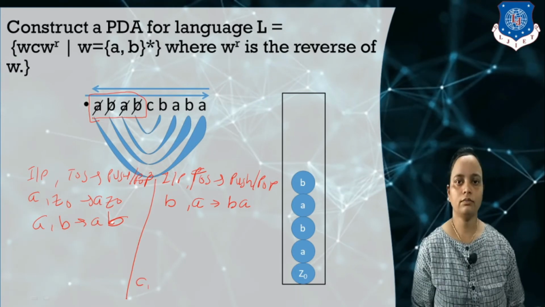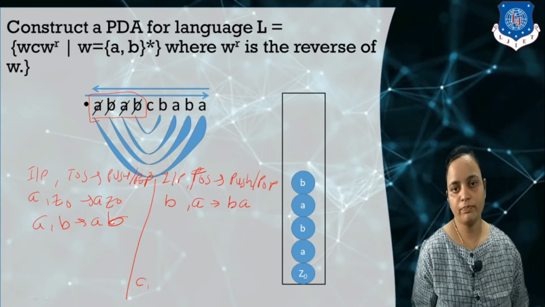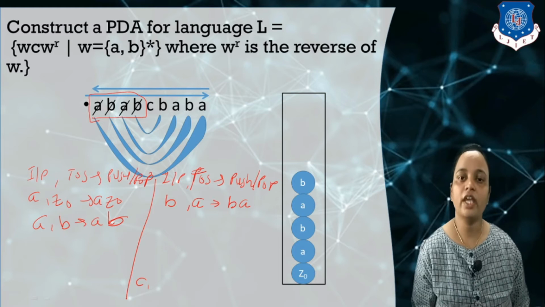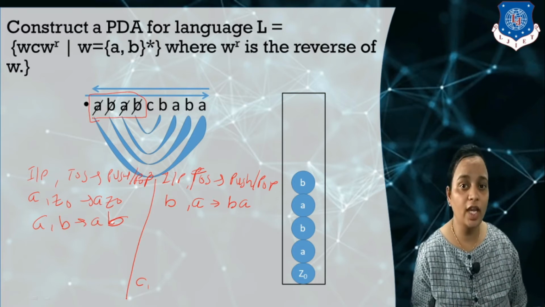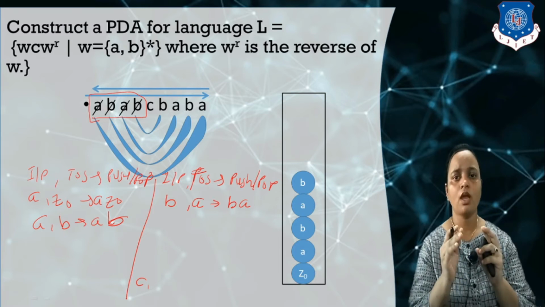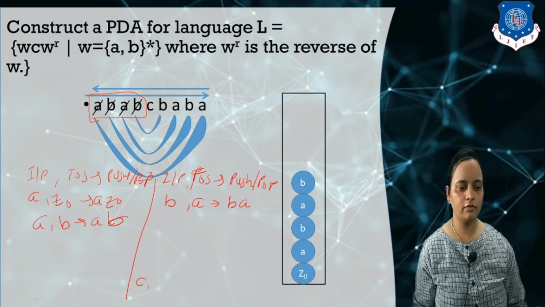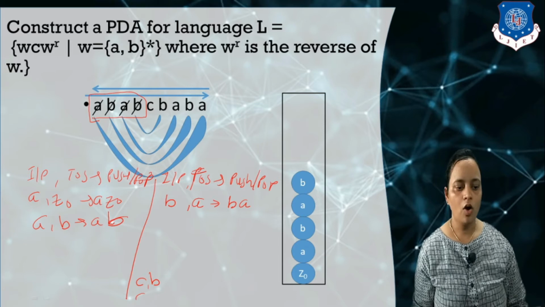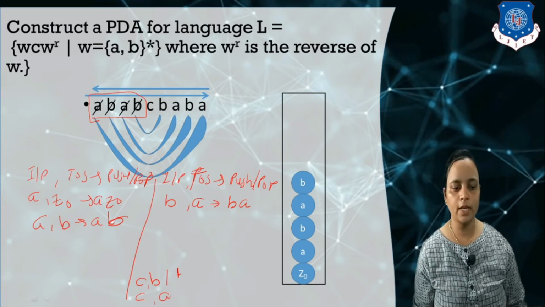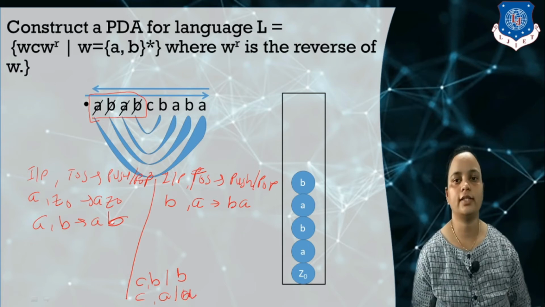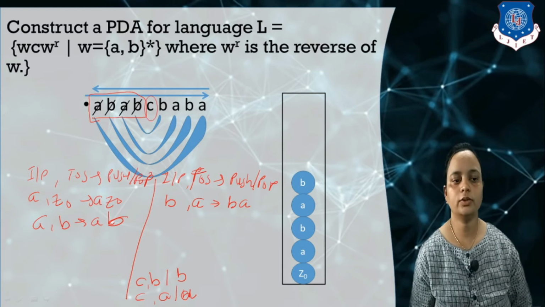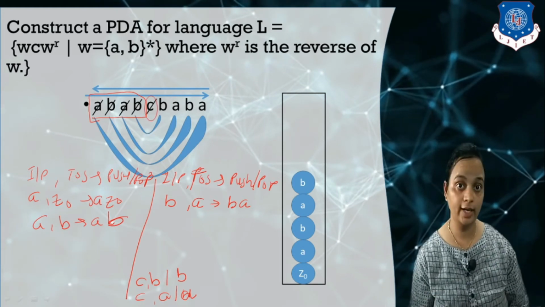What are we going to do for C? So for input C, if the top of the stack is either A or B, we are just performing a skip operation only. Over here we have to mention that if B or A comes, what we are going to do is perform a skip operation. So whatever the stack contains, we have to write down as it is. Nothing we have to perform, so there is no change on the stack.